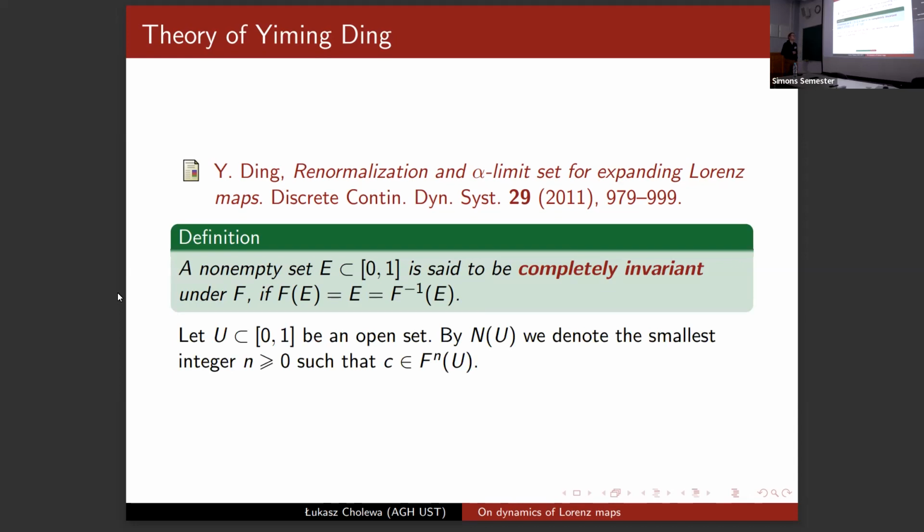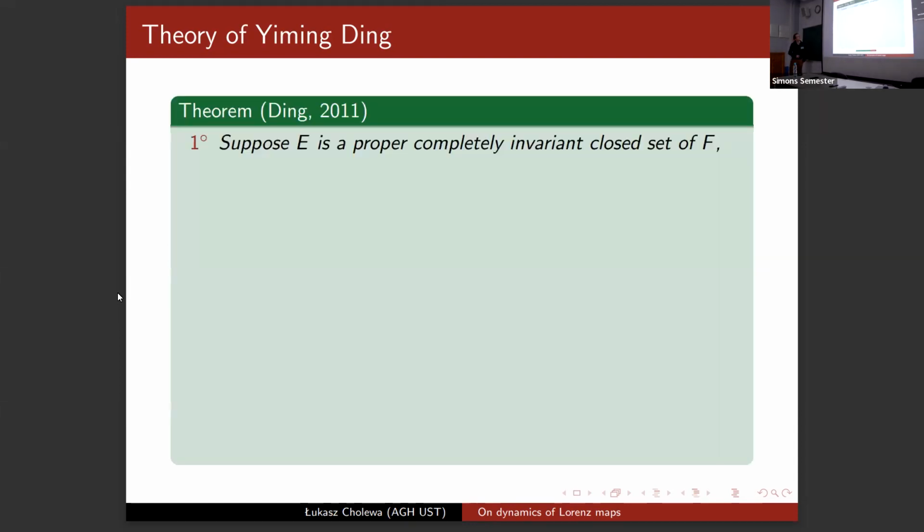And for any open and non-empty set U, by n of U we denote the smallest integer n such that f^n of this set U contains the critical point. So the main result from Ding's paper says that